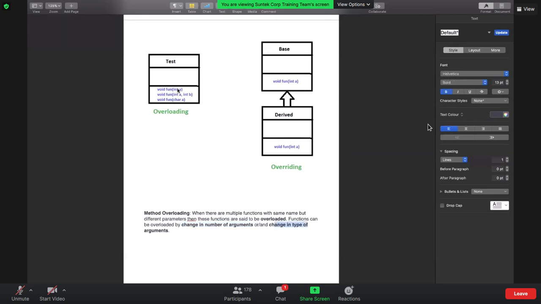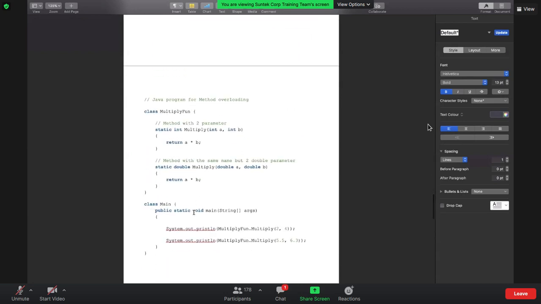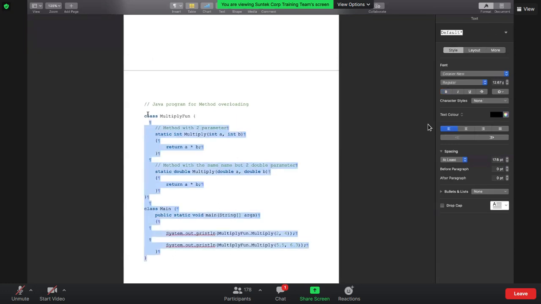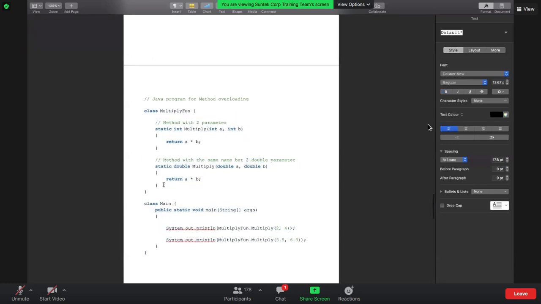Let's say we have an int a over here, we have a char a over here, right? So basically it will take an integer as an argument, it will take a character as an argument. If it is taking an integer and a character as arguments, that's also called overloading. Okay. So can you guys quickly tell me the answer for this one? Here we are trying to achieve method overloading by defining two functions with the same name. They should have an identical name like this, but there can be a difference in the parameters.